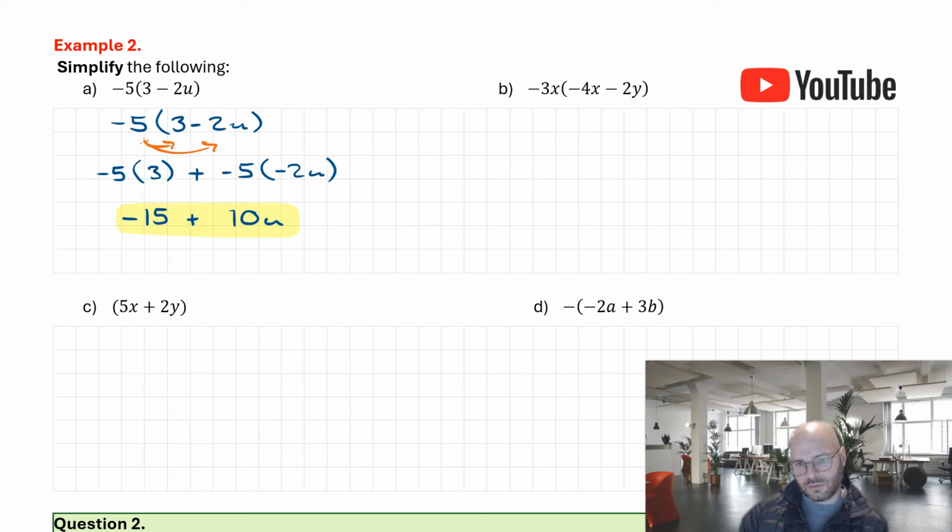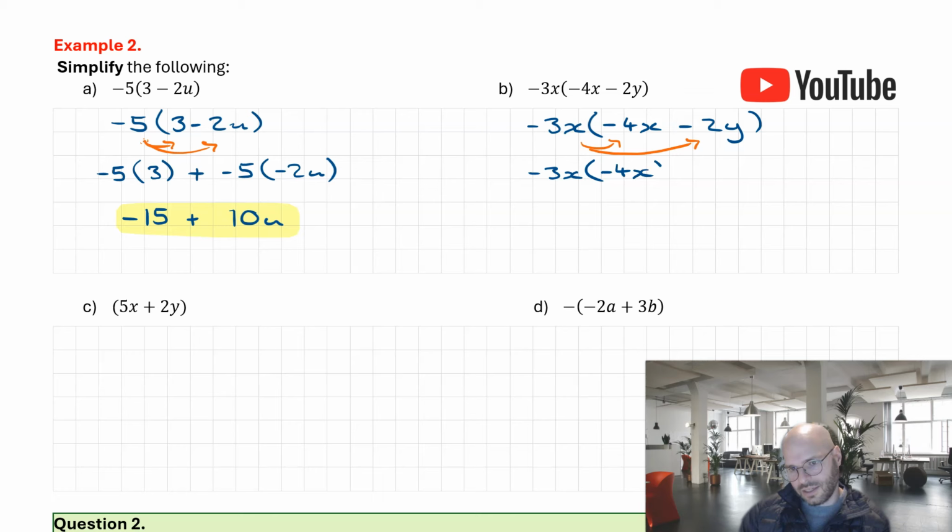Again, let's multiply this out. I have minus 3x in brackets minus 4x, take 2y. We expand this out by the product outside multiplying with each term inside. We're going to get minus 3x outside, minus 4x inside, another copy of minus 3x outside, minus 2y inside. Expanding this out, 3 4s are 12, they're both negative, so that's going to make a